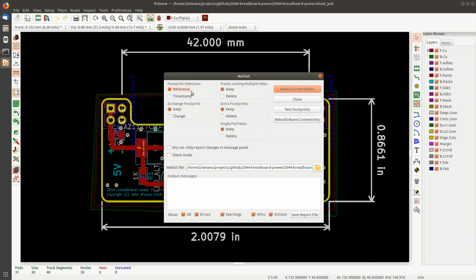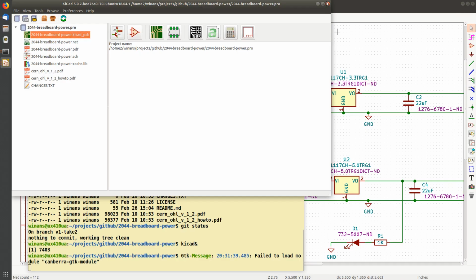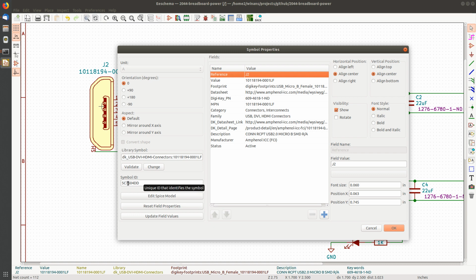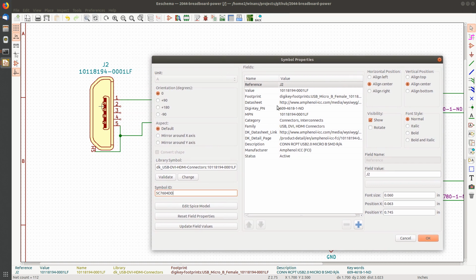Do I want to use the reference or the timestamp? The timestamp is this ID that we were just looking at in the schematic right here, okay? This guy down here, symbol ID. So the other one ended in a B4. This one's a DD. So what it's really giving me the option of is, when I merge the old netlist in with the new one, do you want me to consider all the parts whose reference numbers are the same as the parts that they are to replace in the PC board? Or do you want me to say if the symbol IDs match, I'm going to replace those in the PC